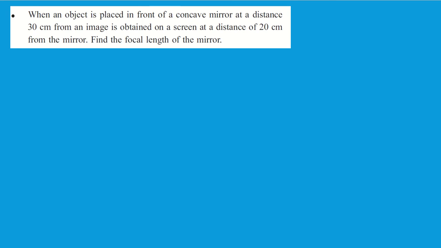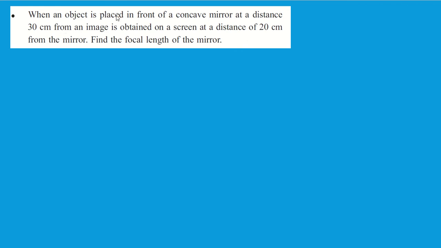One more point, when it comes to the unit of magnification, we know focal length we express in centimeters, object distance and image distance normally we express in centimeters. But magnification doesn't have any unit because it is a ratio of two similar quantities. Magnification is hi by ho, both it is height, right? And otherwise it is minus v by u. That's again ratio of two similar quantities. Now carefully observe how I'm going to solve this question.